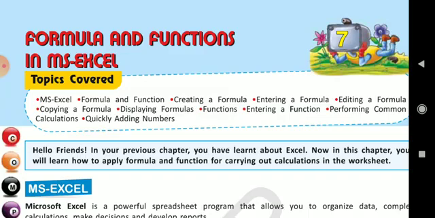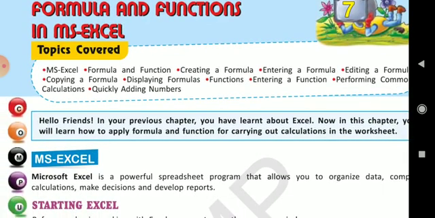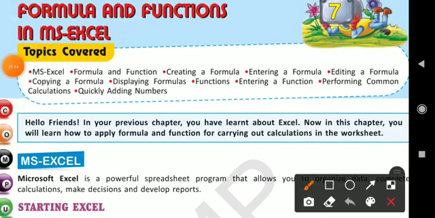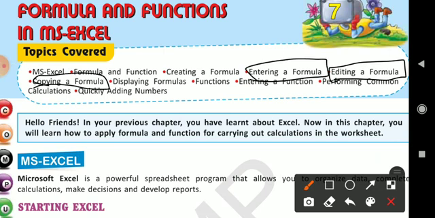Creating a formula, entering a formula, how you will write your formula in the cell, how you can edit a formula, how you can copy the formula, display formulas on the worksheet, then functions, entering a function, performing common calculations like add, subtract, average, maximum, minimum, grade, and quickly adding numbers. Just write one simple formula and add your numbers.